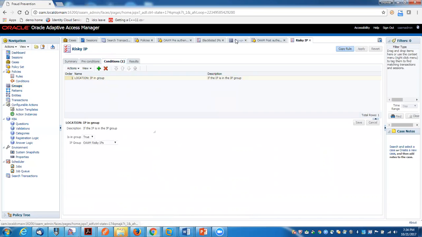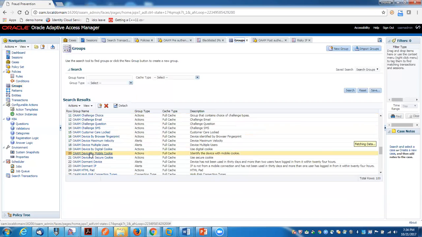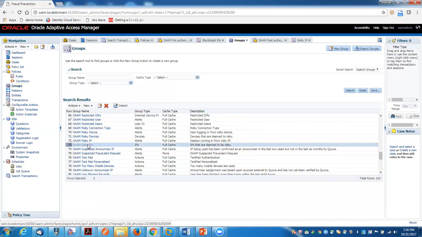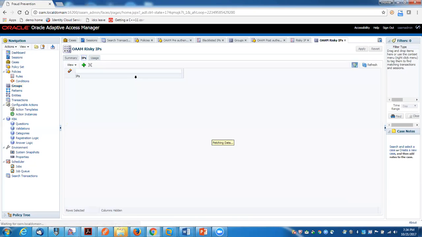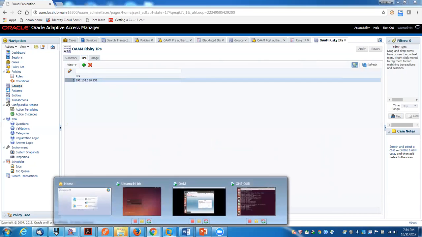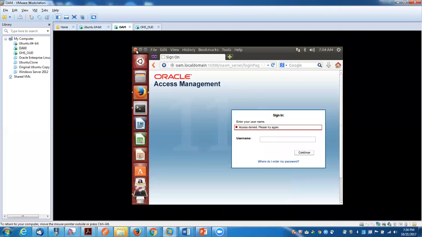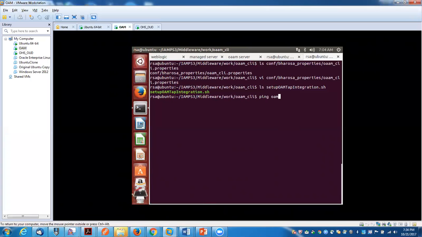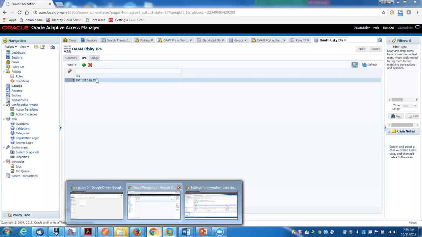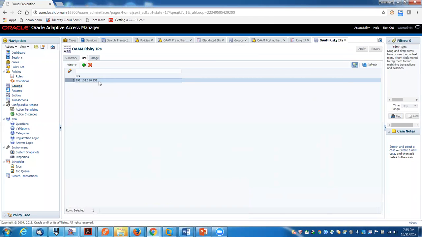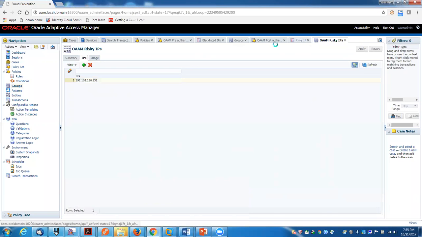Let's go to this group, OAAM risky IPs, IP, and this is the IP address. Now let's see what the IP address of this machine is. Ping OAM.local domain. So this is 130. This is the IP that I am saying it should be allowed, because the post authentication,